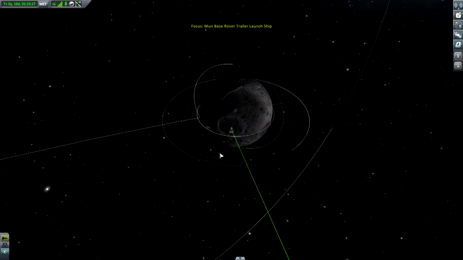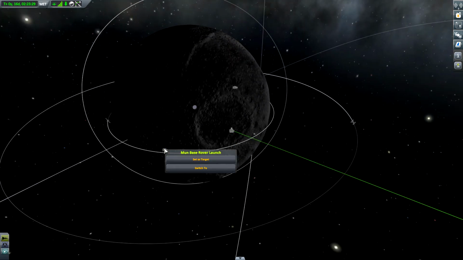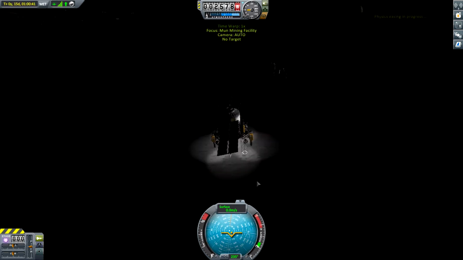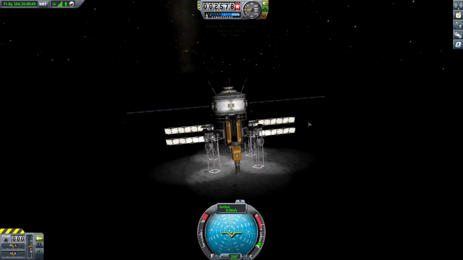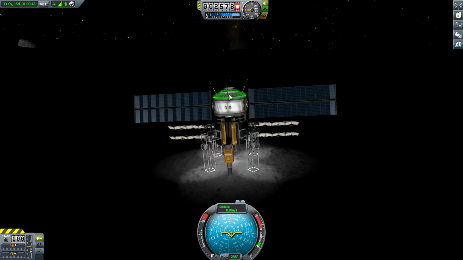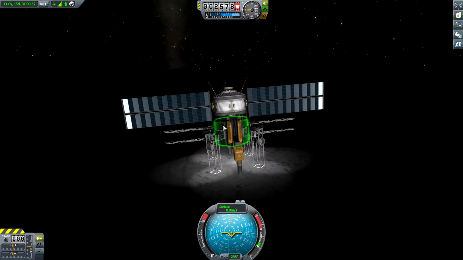We all know the Moonbase rover launch. Okay, this is an interesting name. But let's switch to it. We all know pretty well the mining base. This is my Mune mining facility. And it would be pretty simple, as it's basically just a module to land a couple of them right next to each other to increase...